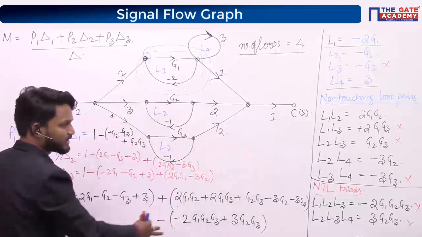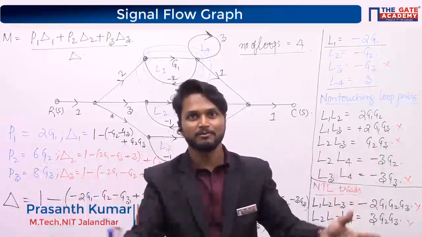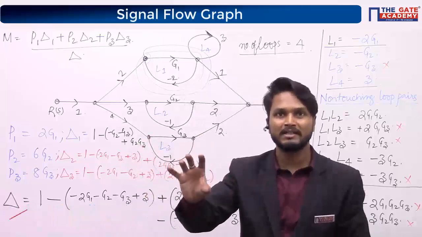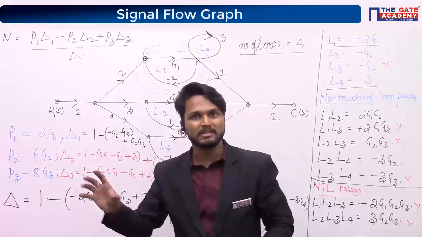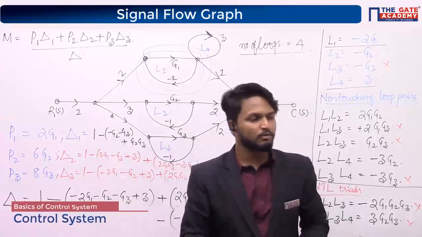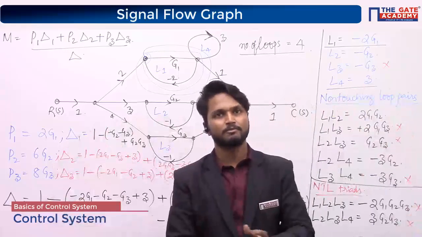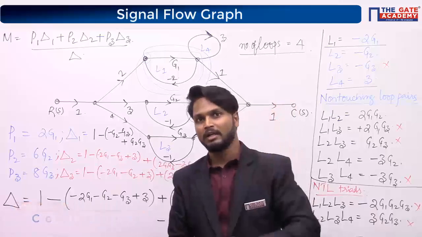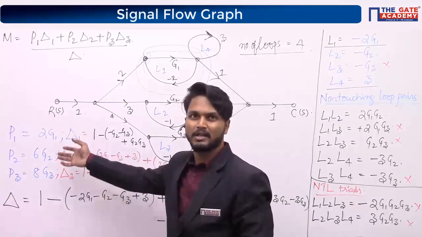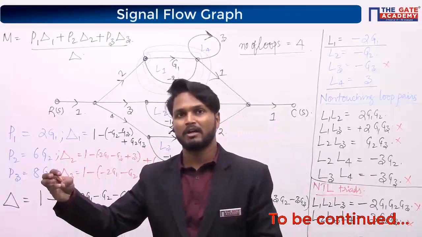If you simplify this, of course you are going to get a huge transfer function. This is just to explain the example of how to calculate the overall transfer function using Mason's gain formula. The problems we have seen don't have such big transfer functions. They have very few. In the majority of problems, you don't have to calculate delta 1, delta 2, and delta 3. They will always come to be 1.